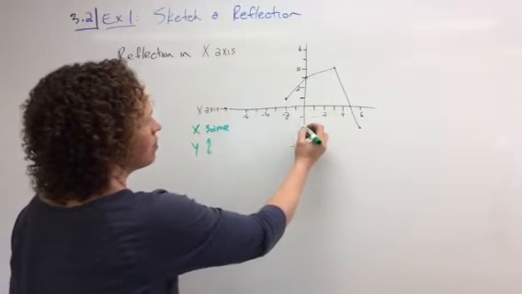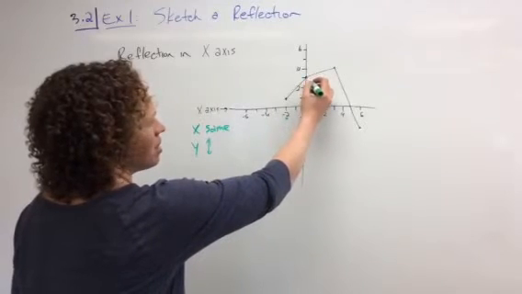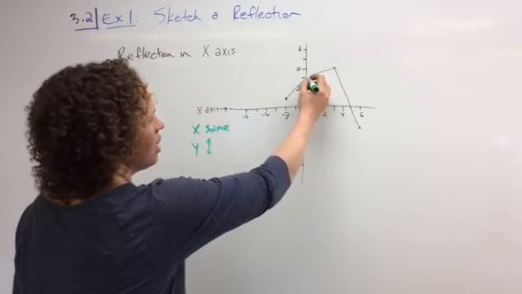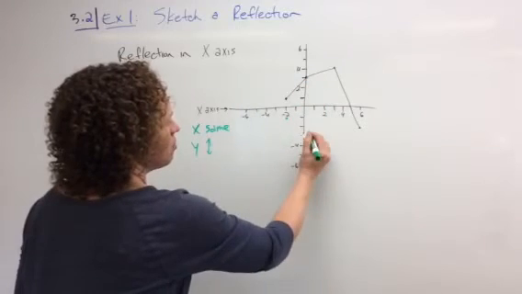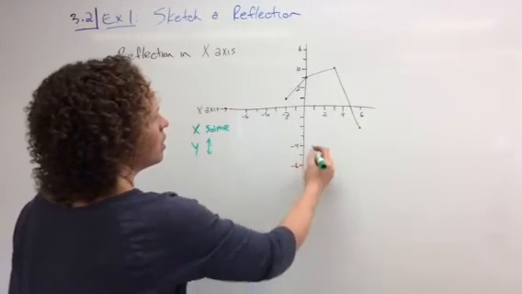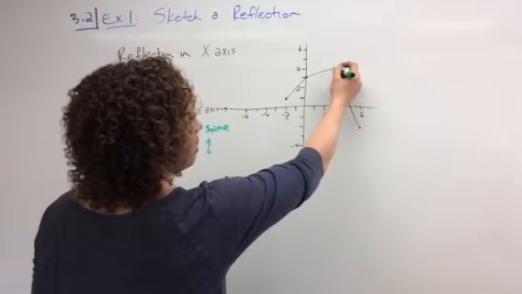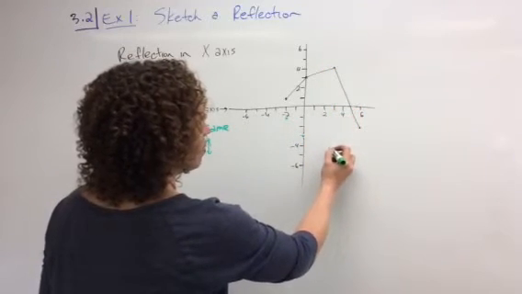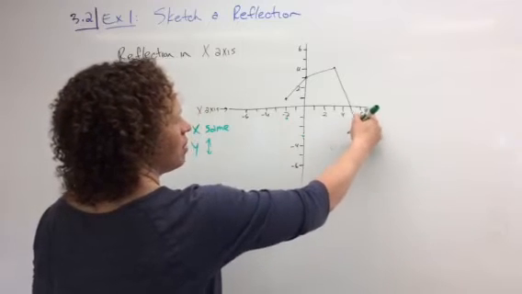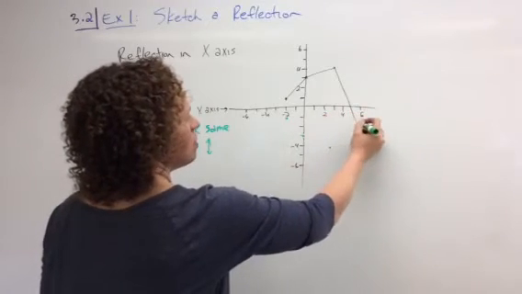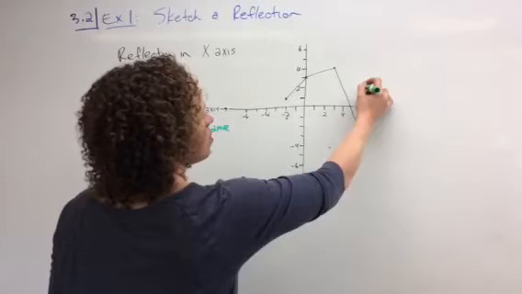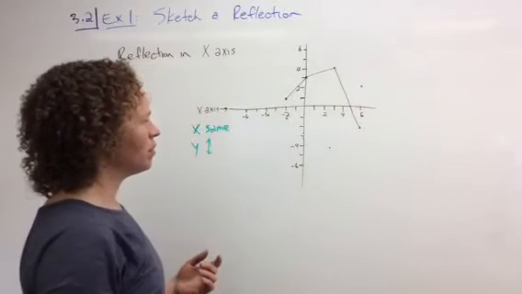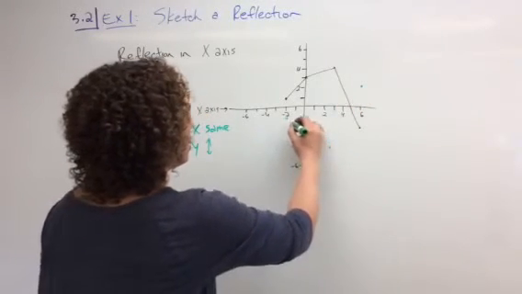-2 and -1. This point is at 0, which stays the same, and 3, so I'm going to make it -3. This point is at 3, which stays the same, and 4, so it becomes 3 and -4. And this point at 6 and -2, so it's going to be 6 and +2. Now I can connect my dots,